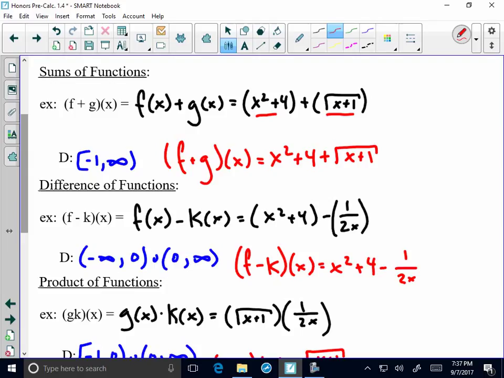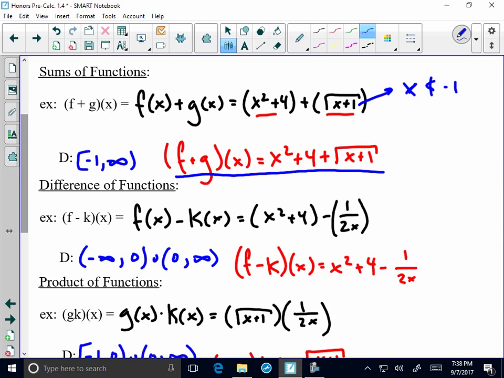At this point, we want to look at our domain restrictions for each individual function. We've got no domain restrictions for f of x, but g of x, of course, is a place where we can't have x less than negative 1. So our domain is from and including negative 1 to positive infinity. And then for this guy, simplifying is just going to mean taking down those parentheses. So right here, we've got f plus g of x as x squared plus 4 plus the square root of